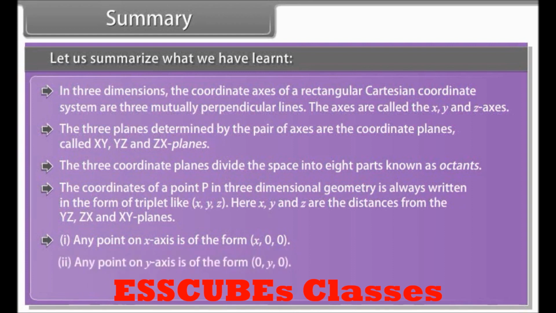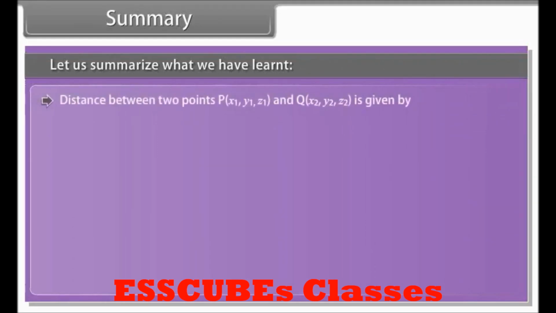Any point on the y-axis is of the form (0, y, 0). Any point on the z-axis is of the form (0, 0, z). Distance between 2 points P(x1, y1, z1) and Q(x2, y2, z2) is given by